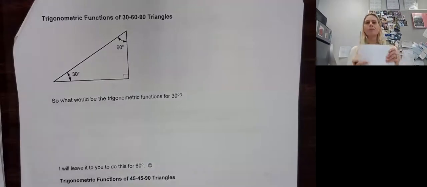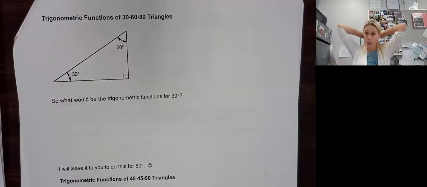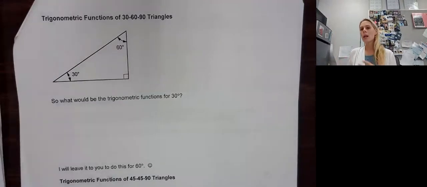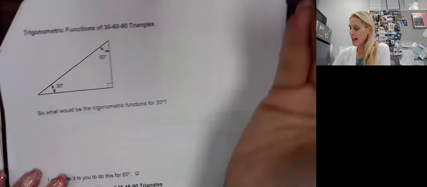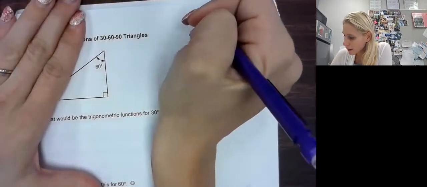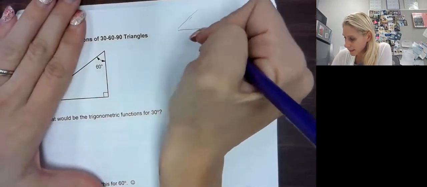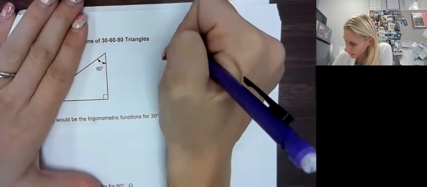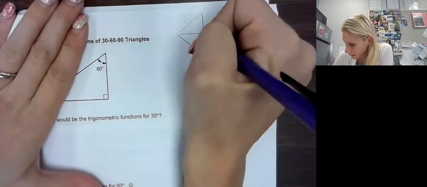All right. Here we're going to go through our special right triangles because we are going to be doing some trig without the calculator. So we have this 30, 60, 90. What I want you to imagine is that if I put a 30, 60, 90 on top of a 30, 60, 90,